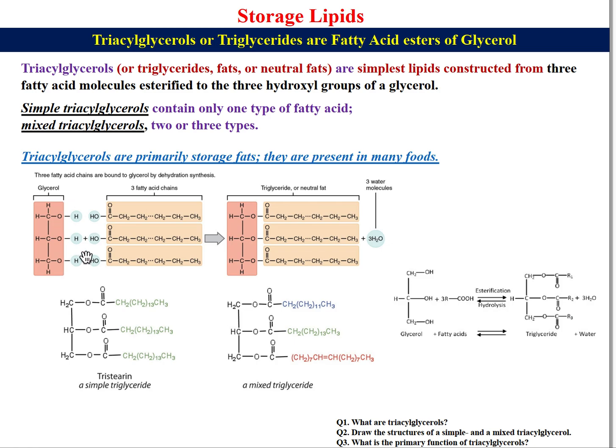There are two types. One is simple, containing one type of fatty acid, and another is mixed triacylglycerol, having 2 or 3 types of fatty acid. Look here, this is one, this is the same, but these fatty acids are different. This is the primary storage fat. They are present in many foods. I have already shown this in the classroom, how to draw the structure or how to write down these